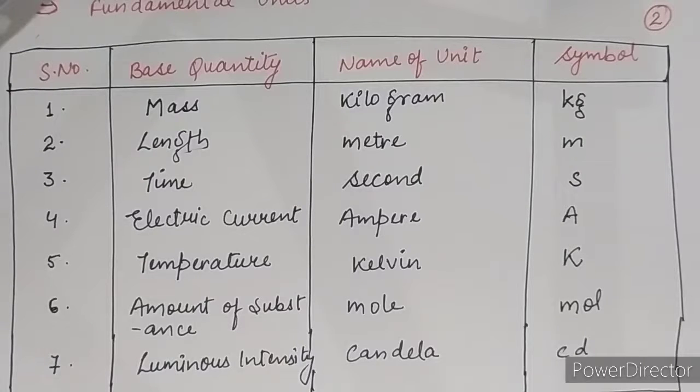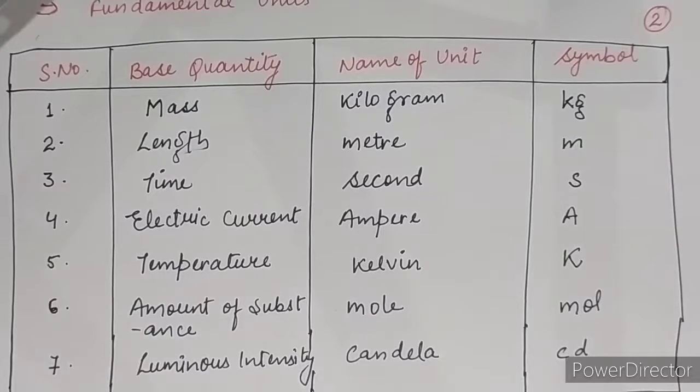Now yesterday, when we were discussing the systems of units, we discussed 3 systems: FPS, CGS, MKS, isn't it? So why is the FPS not used right now? Because the FPS system does not provide us the exact value. It will give a value like 2 feet and 3 inches, but there are some values in between 3 inches and 4 inches. That decimal value is not given by the FPS system.